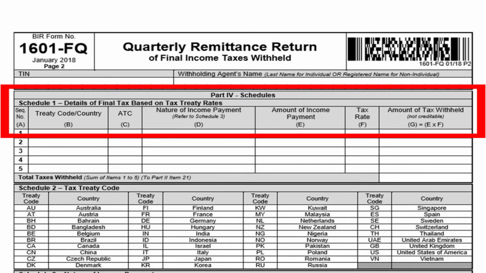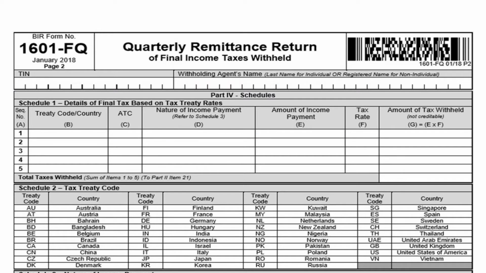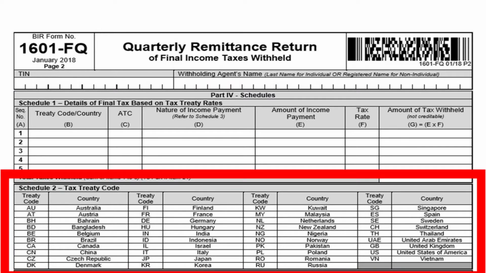So you have there the treaty country code, treaty code, the alphanumeric tax code, the nature of income payment, the amount of income payment, the tax rate, and then the amount of tax withheld. Total taxes withheld. Schedule to the tax treaty code. We have here the treaty code for Australia, AU; Austria, AT; Bahrain, BH; Bangladesh, BD; Belgium, BE;